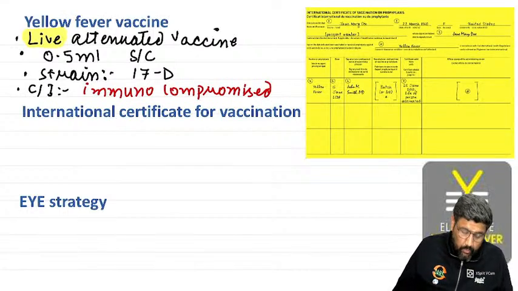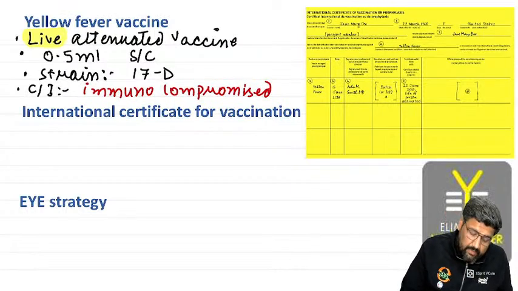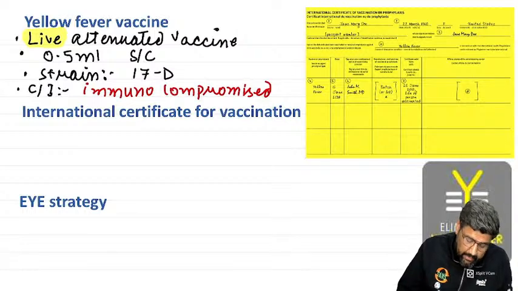Right? Now, the next point is the international certificate of the vaccine. Yes, Dr. Jain, also allergy to egg. Yes, very good. Very good, Dr. Jain, very good. Right? Now, international certificate, it is valid